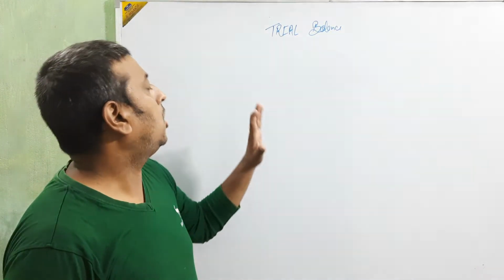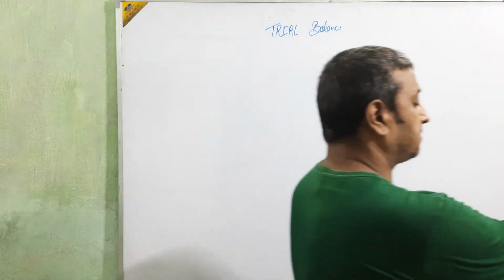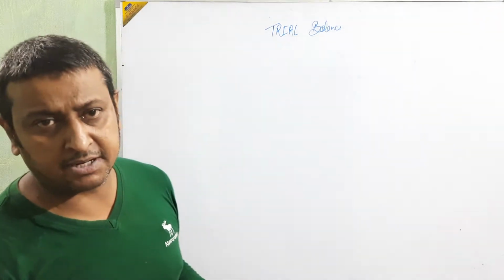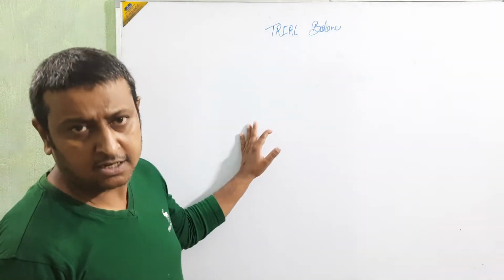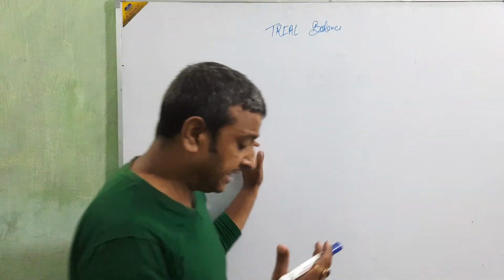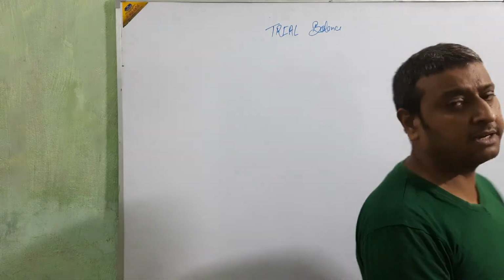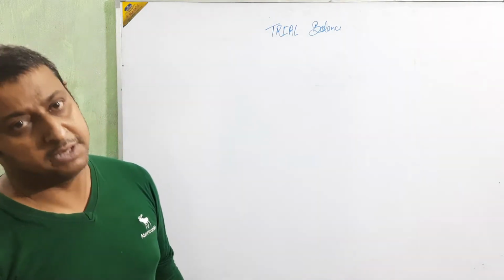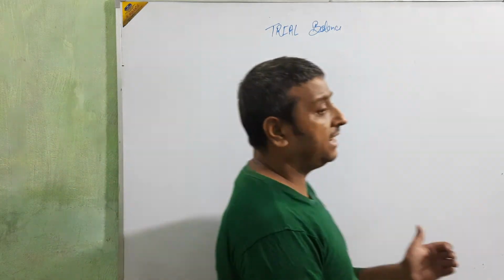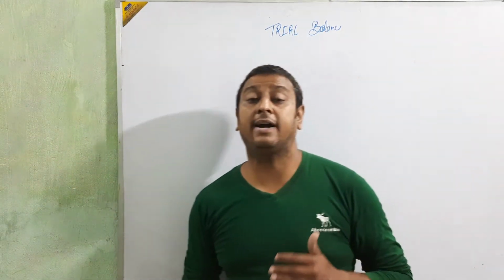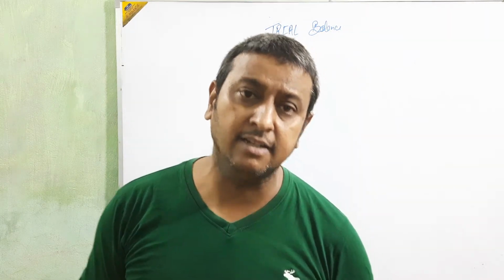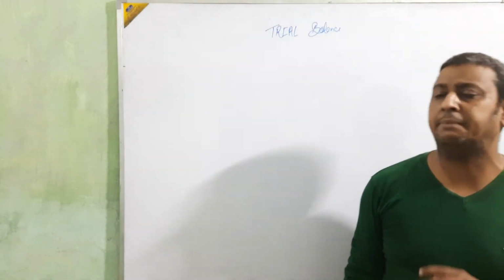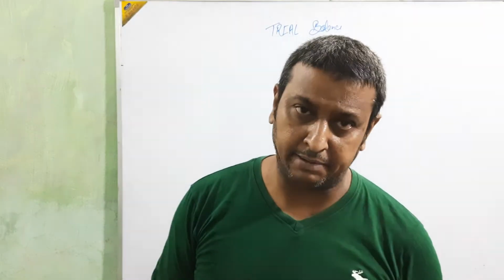Okay beta, on the basis of that, by making the trial balance we find out those errors. Clear beta? Two types of errors. One, errors which are easily found by the trial balance, that affect the trial balance, and errors which do not affect the trial balance. The main meaning is what? Errors which we easily find by the trial balance are affecting it, and errors which we cannot find by the trial balance do not affect the trial balance. Okay beta,